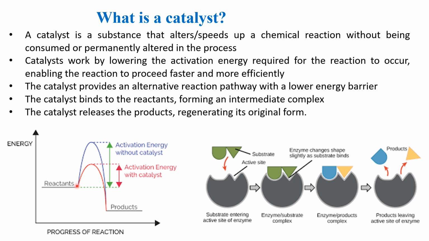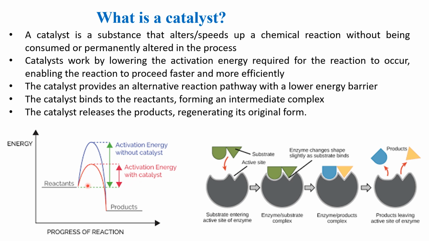A catalyst decreases the activation energy for a reaction, which is the minimum amount of energy required to start a chemical reaction, and thus helps the reaction to proceed quickly and more efficiently in the presence of catalyst. Here you can see these are the reactants and they are being converted into products, but for this conversion these reactants have to cross this barrier of energy, which is called activation energy, and you can see that this activation energy is much greater in the absence of a catalyst, and